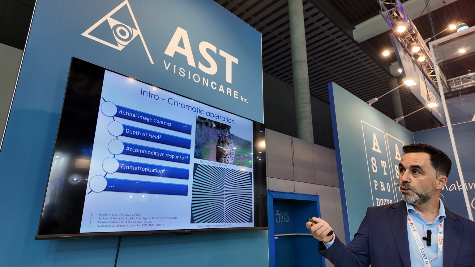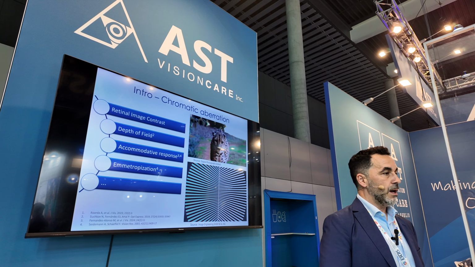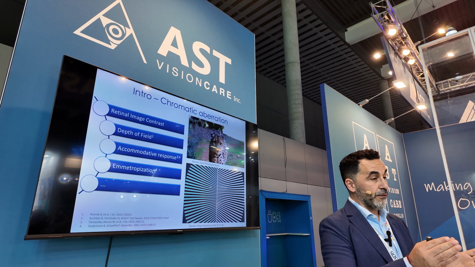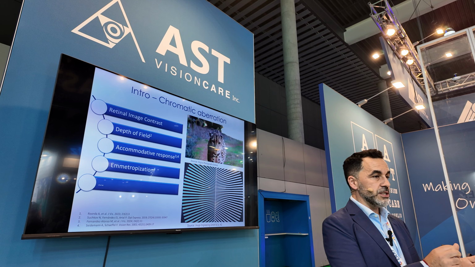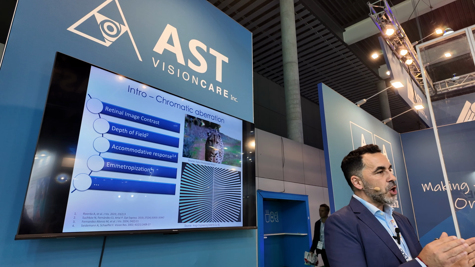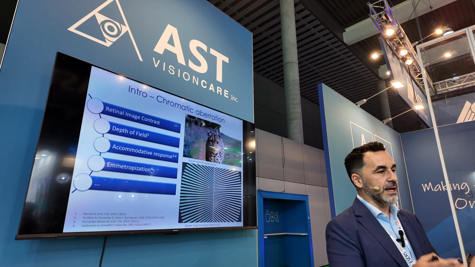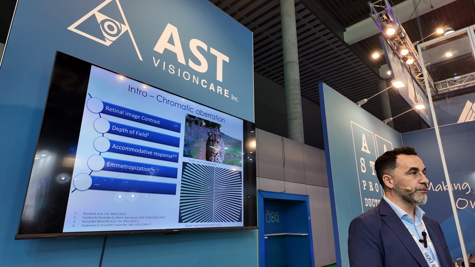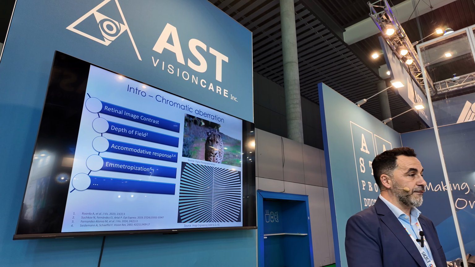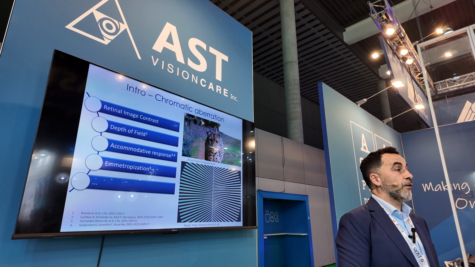For instance, we do know that it increases depth of field. The fact that images with different wavelengths are at different distances basically means that for every vergence distance, there's always an image that is a bit closer to the retina, and that can be used in a positive way by the human eye. However, that has the negative impact that it decreases the retinal image contrast, which from an optical